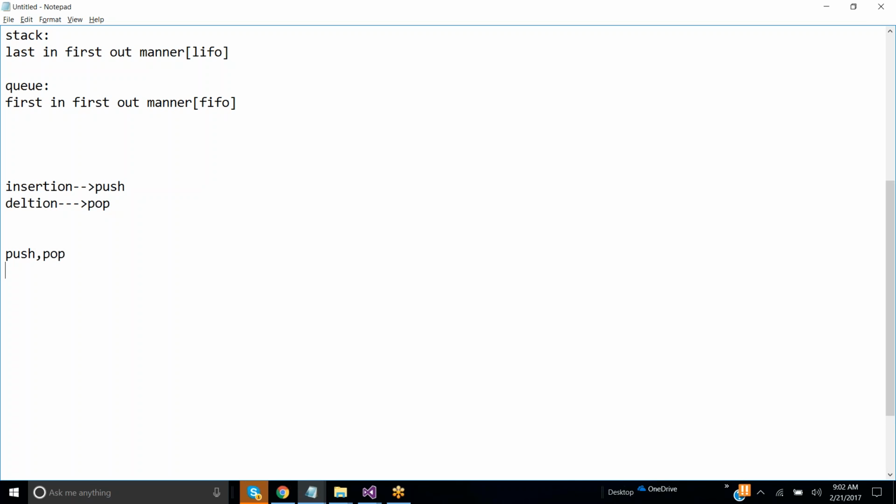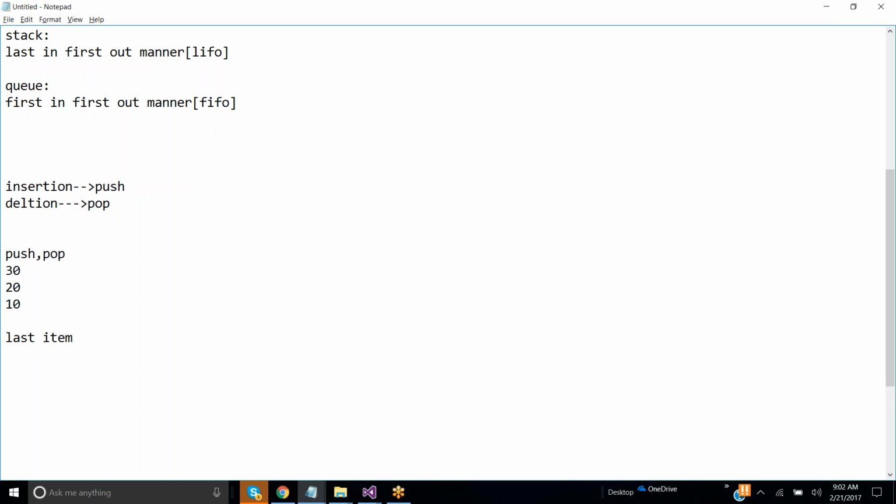Suppose, for example, you are pushing 10, it will store here. Again you are pushing 20, it will store here, and 10 will pass to here. Again, whenever you are pushing 30, it will store here. When I'm trying to pop, what is the first available item that is going to be deleted? That is 30. Am I right? When you inserted, the last item you inserted is 30.